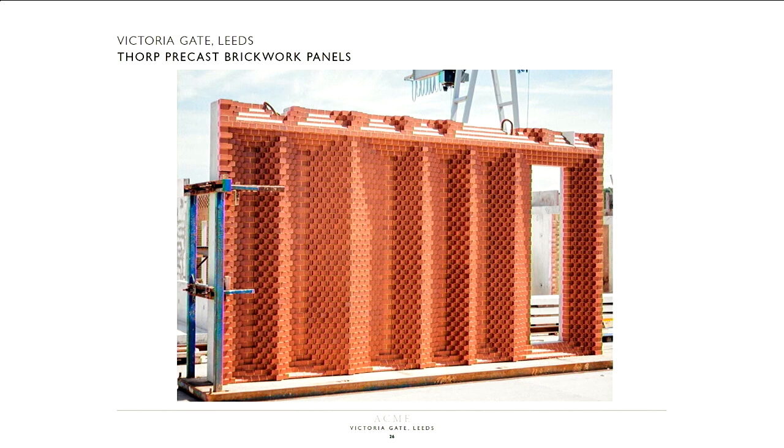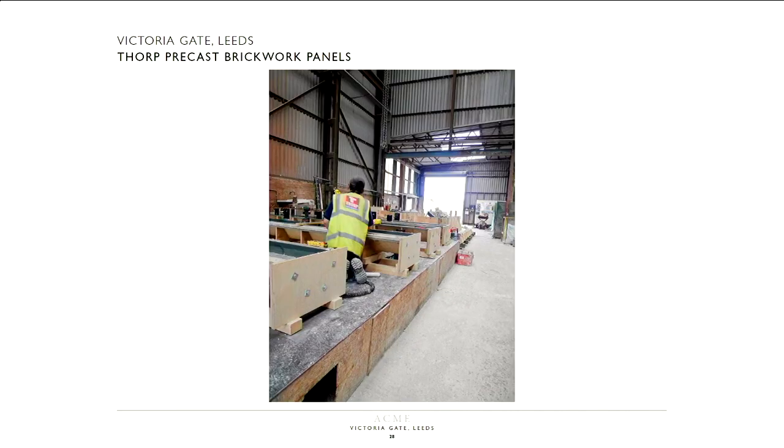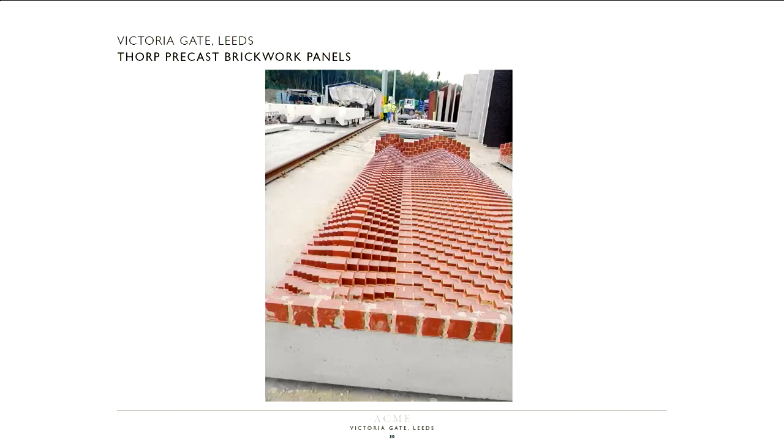That's one of the precast panels. The general weight limit is about 20 tons because the tower cranes can't lift more than 20 tons. So that defines kind of how large the pieces are. A couple of images of the yard and the finished panels,